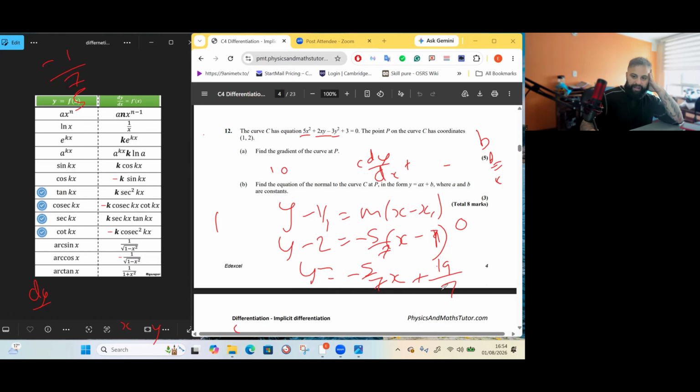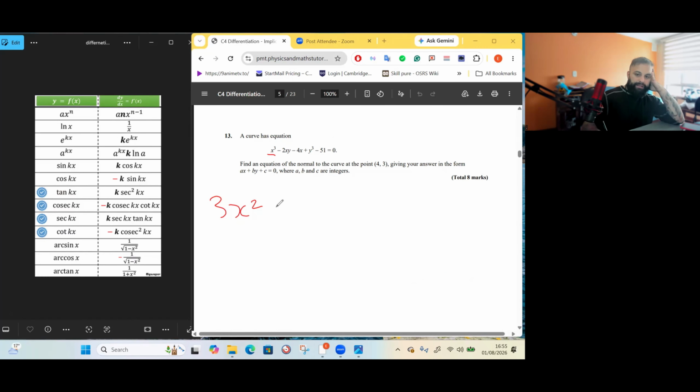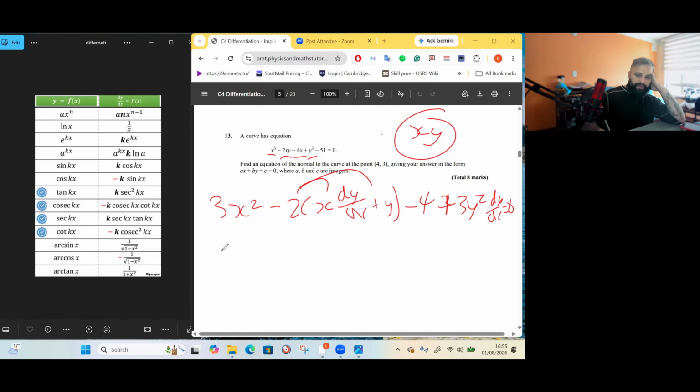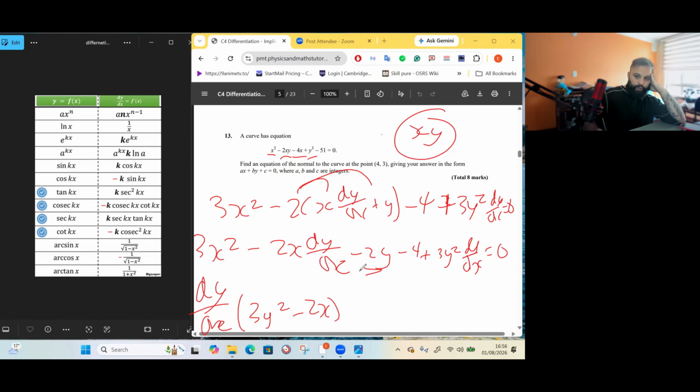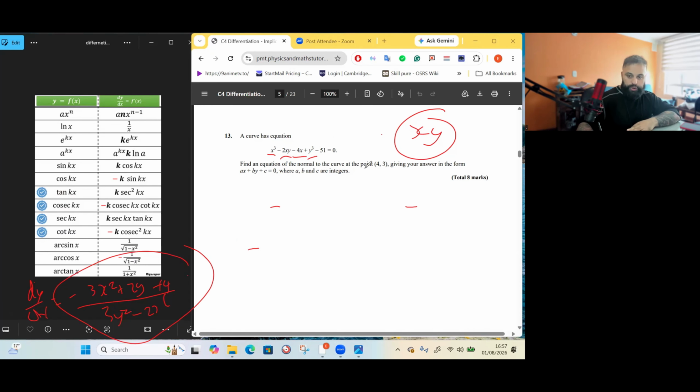You differentiate this explicitly, so this becomes 3x squared minus 2 times the differential of it, which you use the product rule, minus the 4 over there, and this is 3y squared dy by dx equals the number 0. You expand all of this, and then you factorize by dy by dx, and you move all of the other stuff to the right-hand side, like so, okay? And then you just divide by this also. The answer to it is seen over there, and you substitute x is equal to 4 into everywhere that says x over there,